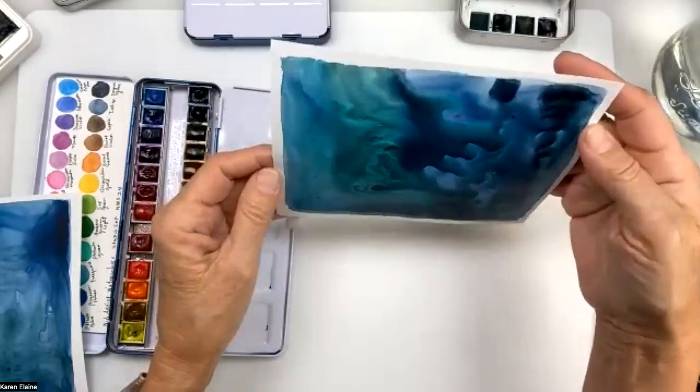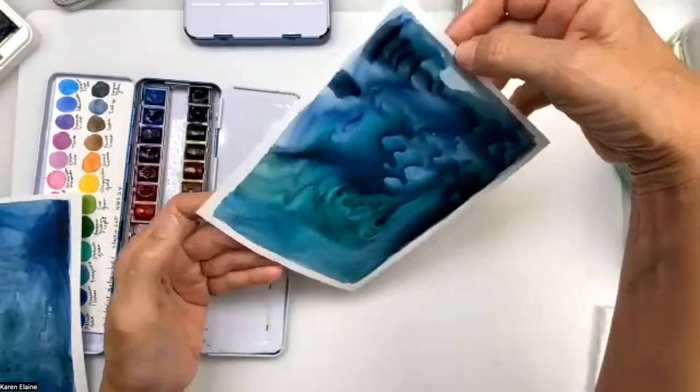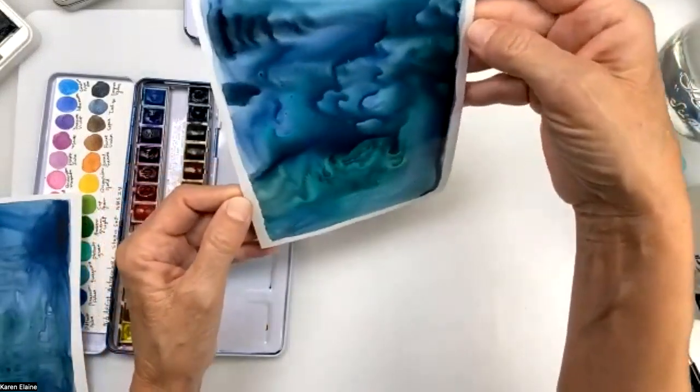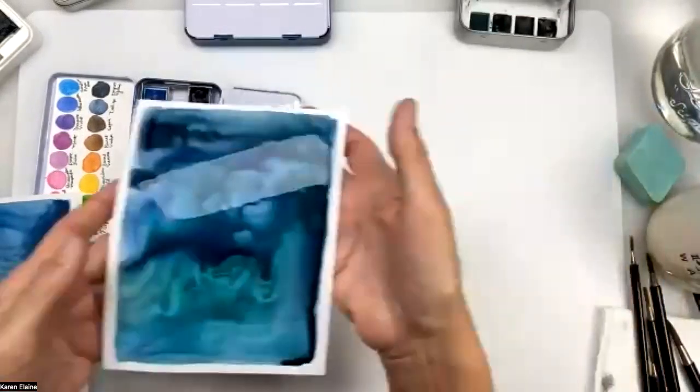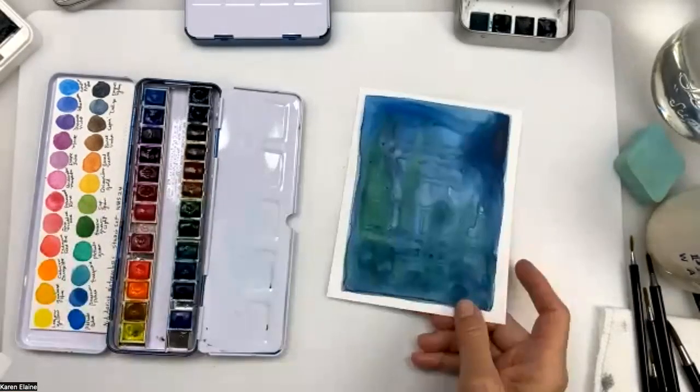You can also just rotate. You see, now I've got waves happening. Looks like crashing waves. Ooh, yeah, there we go. Let's go to the beach. So I'm just doing that, and I'll let that sit. I'll just leave that there. It may not dry in the hour. It should dry fairly quick, but maybe not as quick as I'd like it to,